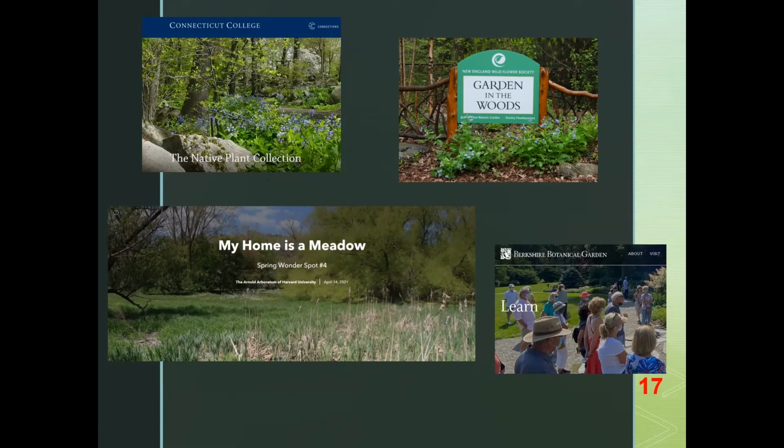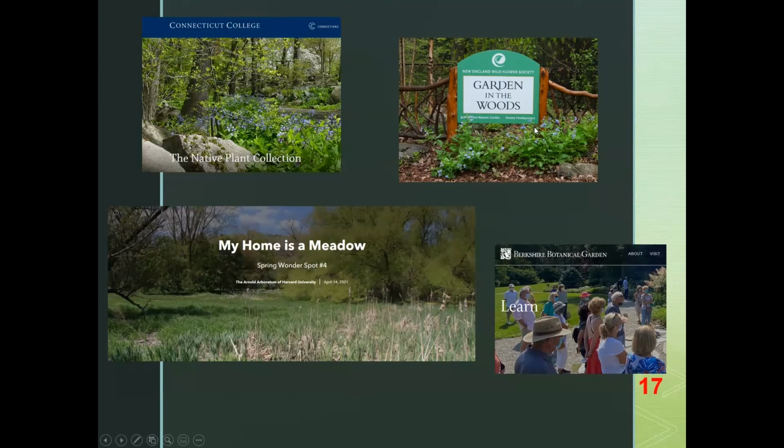free to the public, and they have a really nice website that's been developed in conjunction with the landscape that you can use to locate plants and learn about plant combinations and different parts of the arboretum when you visit. I've spoken a lot about Garden in the Woods already.